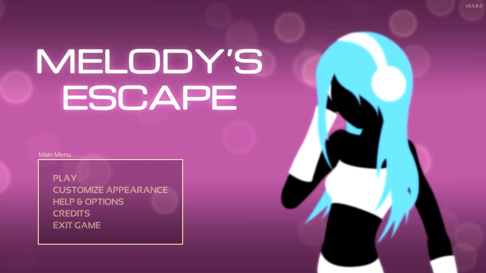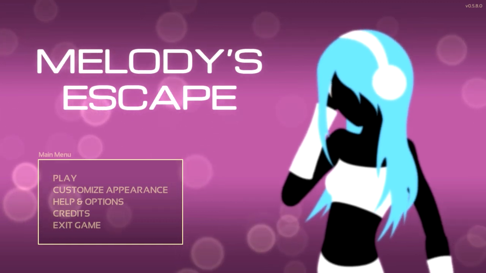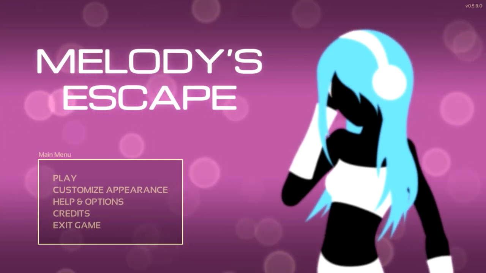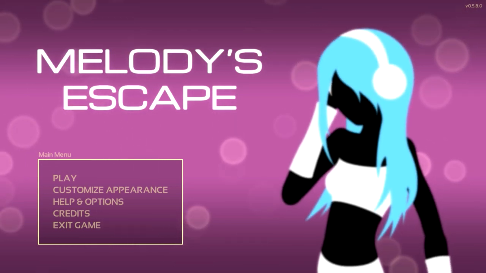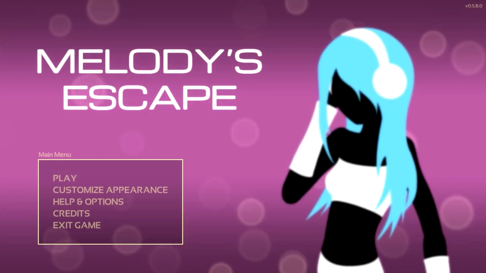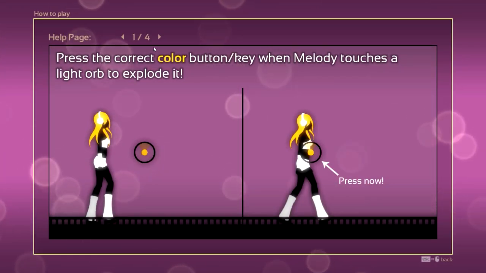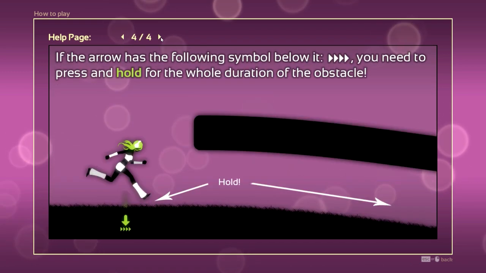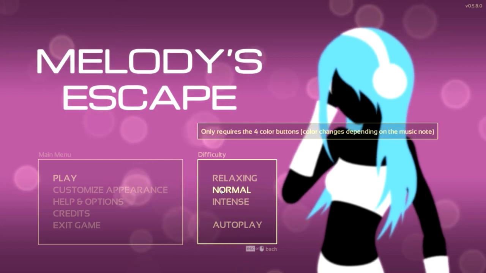Brbteabreak here with a first impression of Melody's Escape, which is a musical rhythm game developed and published by Tessie Sprul, or SPRL, I guess you'd want to call it. In Melody's Escape you play as Melody, the girl you can see in the background here, and your goal is to hit the correct notes as they appear in the game, simply by pressing the keys W, A, S, and D. And the idea of the game is you can pick any song you want,